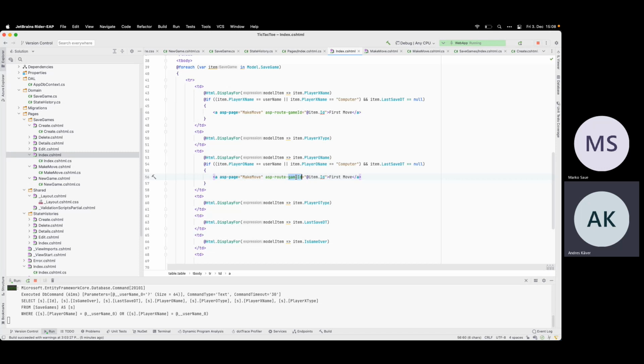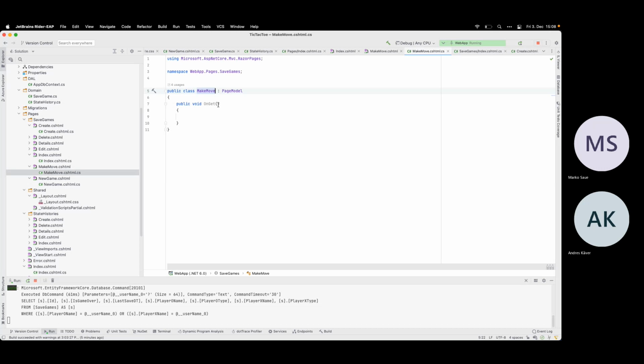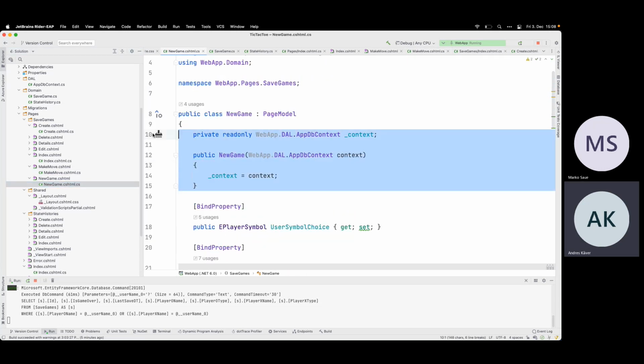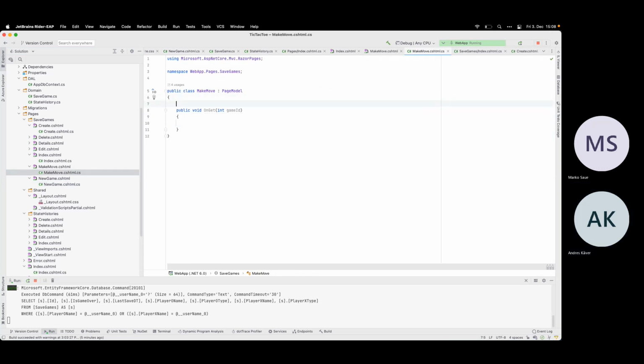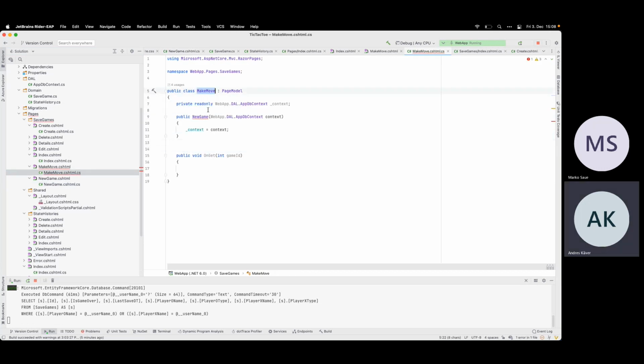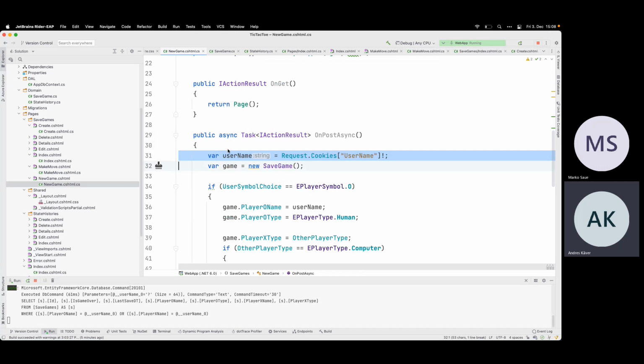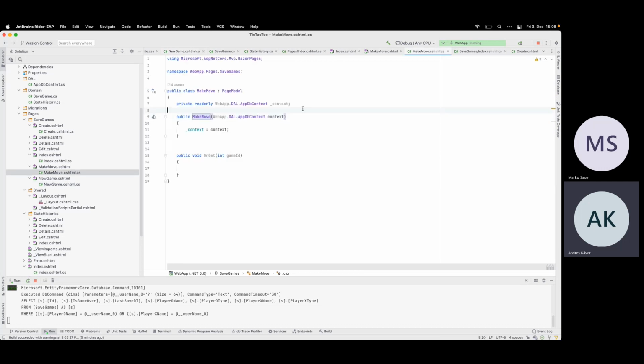So I need just this game ID on my make a move. So this is integer game ID. I also need my database because I need to load everything. I also need my username probably. Can I make it global? Oh no, request is not here, I think, or is it?